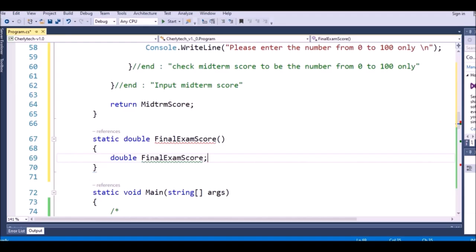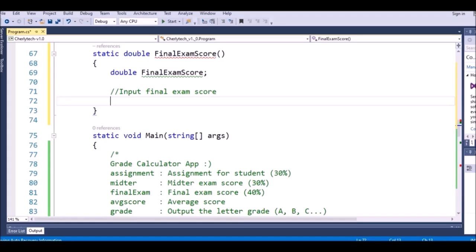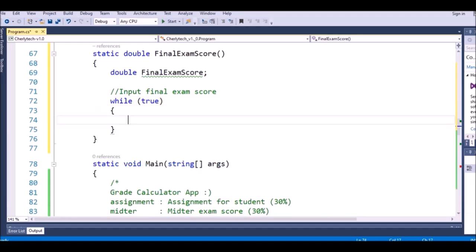So then we have to input, right? Input final score. So input final exam score, this one. But it's similar that we have to ask the user to put, but we had the case that the user put the wrong number, so we use the while loop to repeat the program, right? So we say while loop and true here. So we ask the user to put